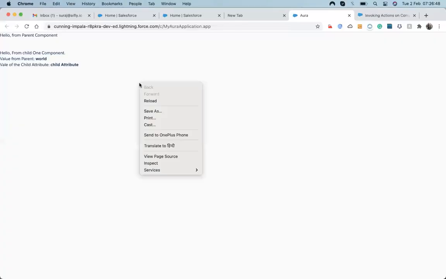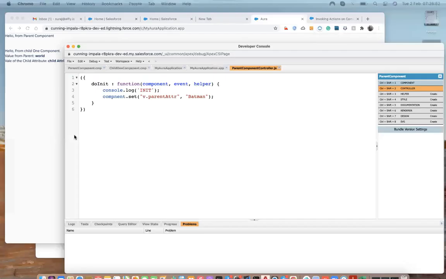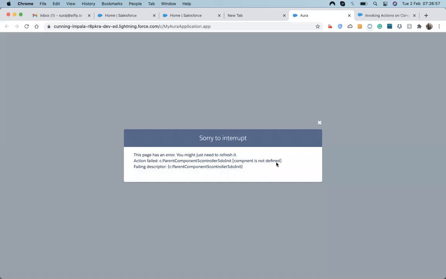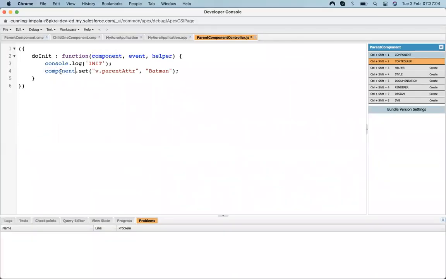I haven't saved, let's save it. Spelling mistake, component.